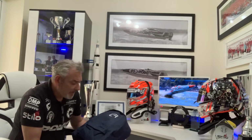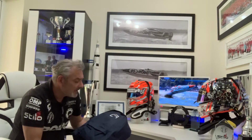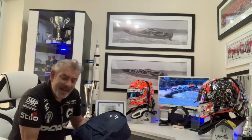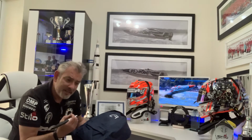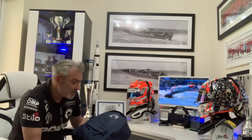But the sublimation process is extremely clever. It's done at the factory when the suit is actually made. And the only way that I can describe it is the colour of the logos and the print and the style and the font is actually in the material. So it's not printed on top of the material, it's printed through the material. So every single layer of this suit has the logo through it, which